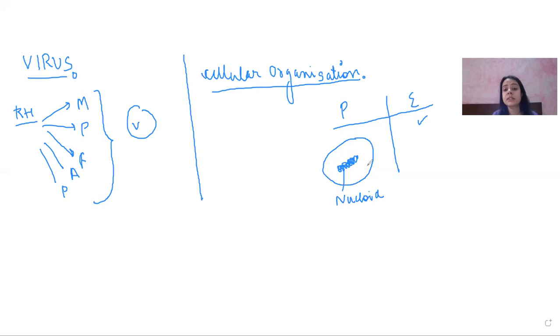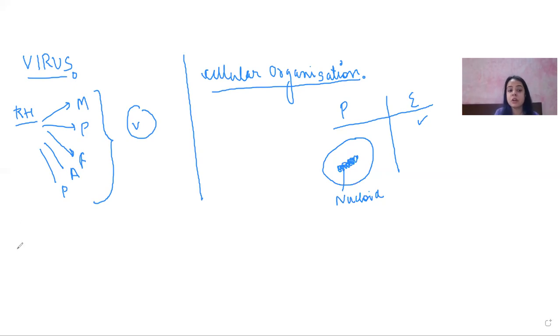But when we consider the structure of viruses, the viruses have neither of these structures. They have a very different organization, and hence they could not be placed in the five kingdom